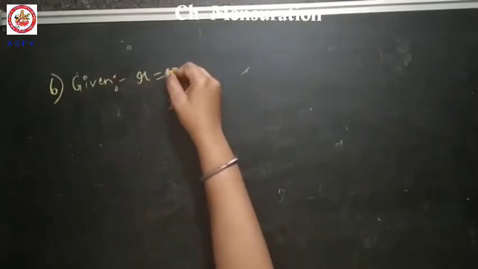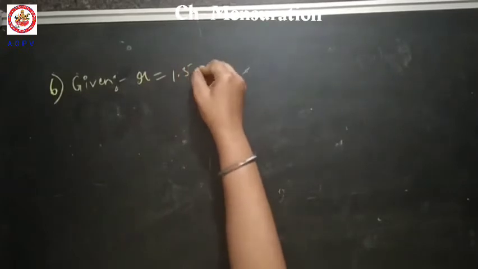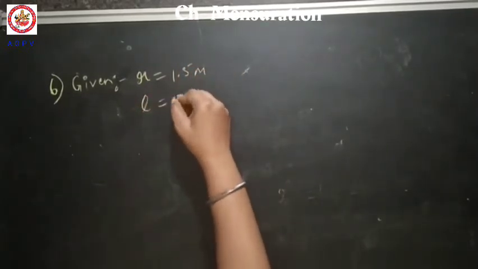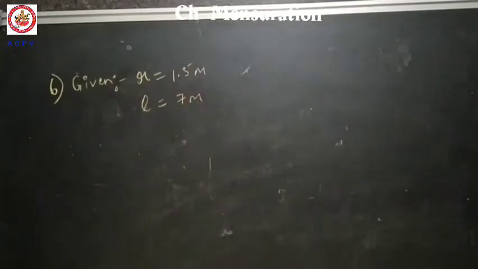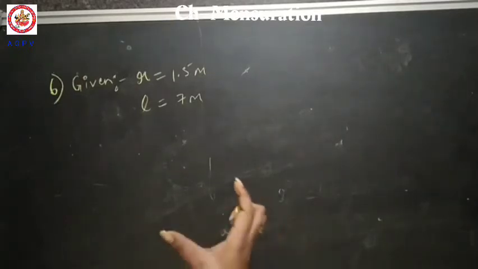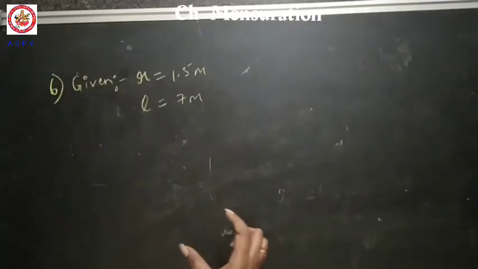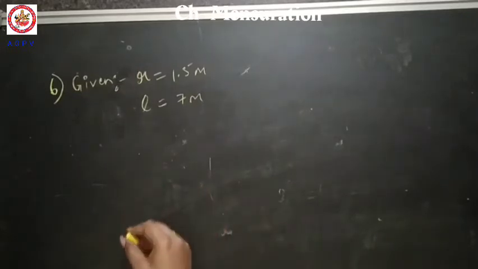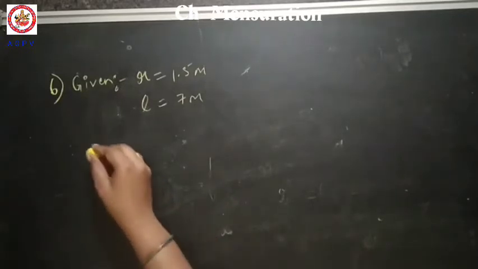1.5 meters it has been given, and then length is equal to 7 meters. Okay, so here what we have to find out, in the sense we have to find the volume of the cylinder. So some sort of a cylindrical vessel it is there. In that, how much capacity of the milk can be stored, we have to find out. So storing of the milk means we have to find the volume of the cylinder.